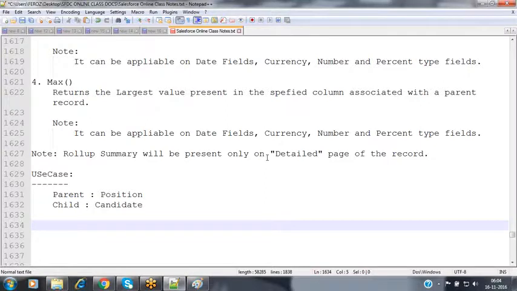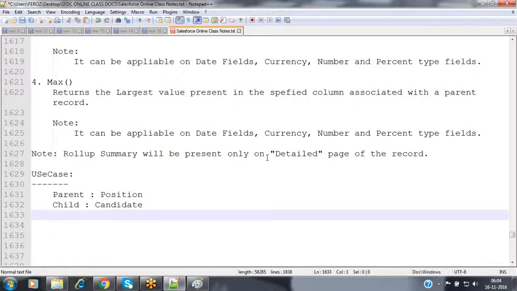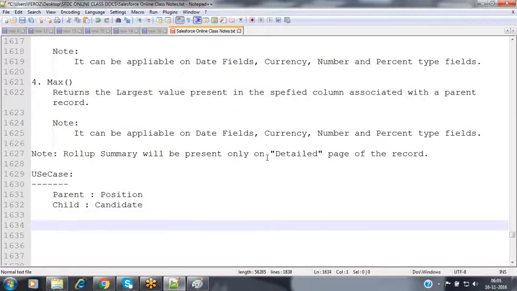If a maximum of some 20 people have applied for this position, then I would like to conduct a weekend drive, and close everything off in that weekend drive. So based on the number of candidates that have applied for this particular position, I want to get that count and plan accordingly. For that, I want to generate a field which can show how many candidates have applied for this particular position record.